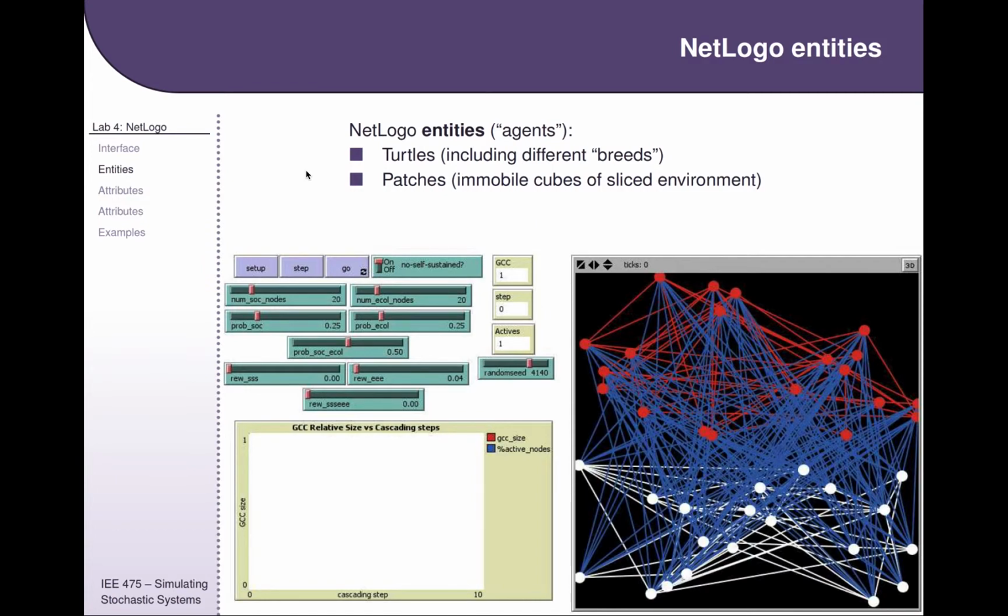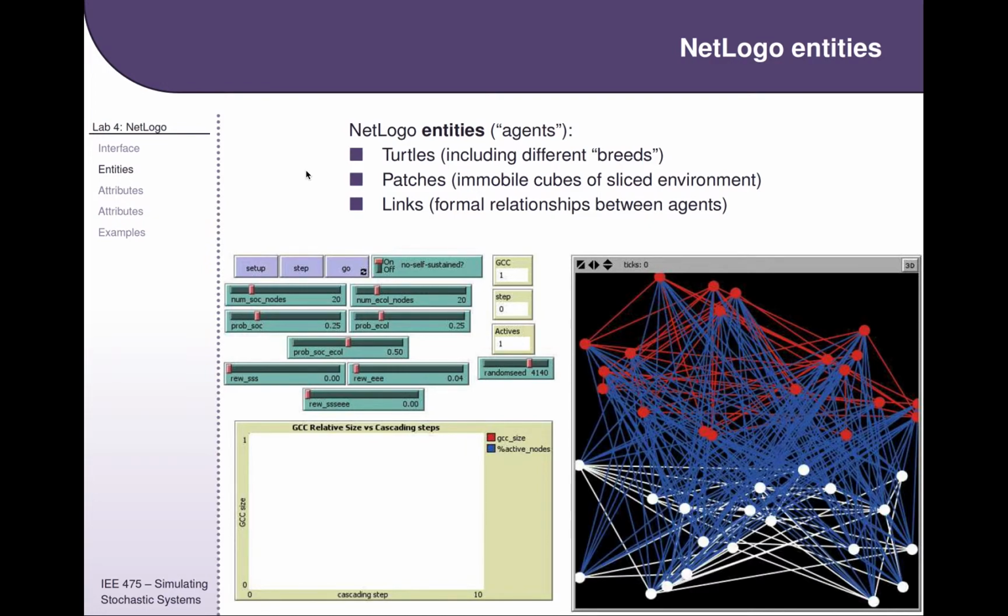But fundamentally, they are the things that are changing and that are the inputs into the logic. So I still view them as entities inside NetLogo. But the terminology here doesn't matter too much. You just have to know that turtles are the agents that move, and patches are the agents that they move on. And then there's a third type of entity that is not used as much as the other two,